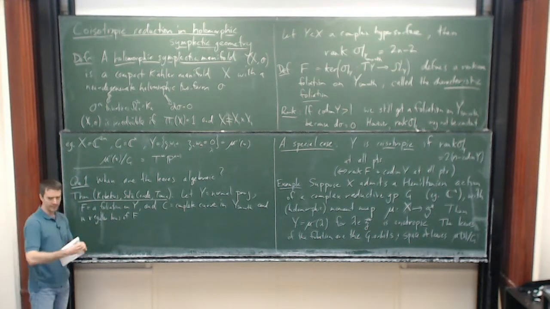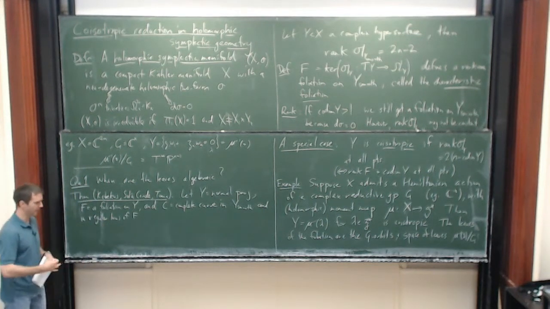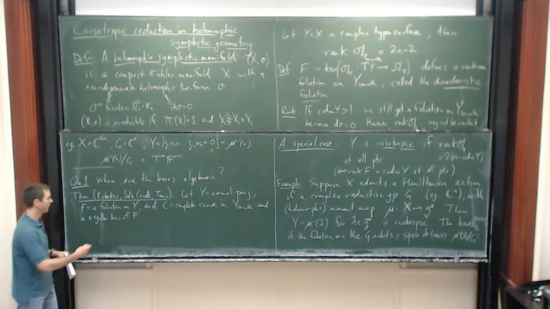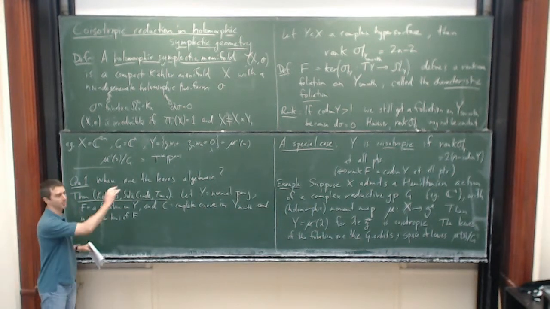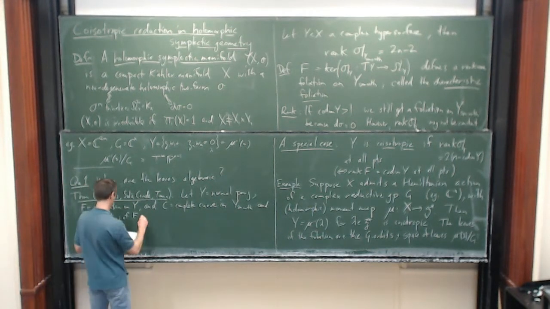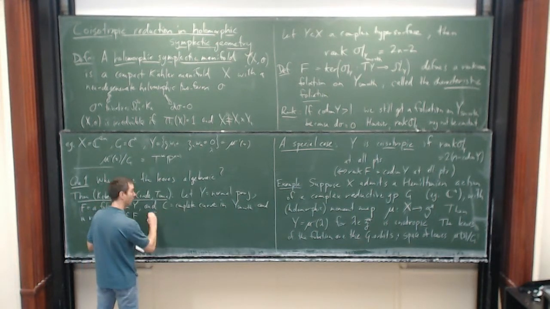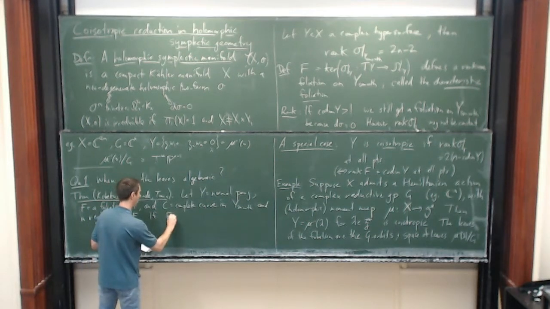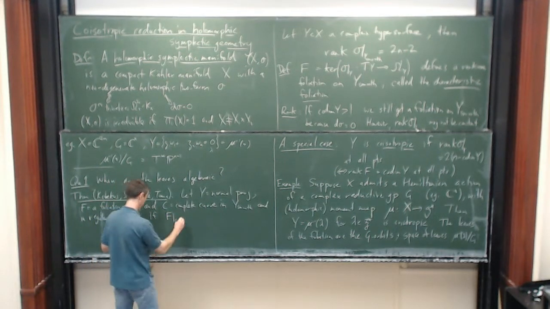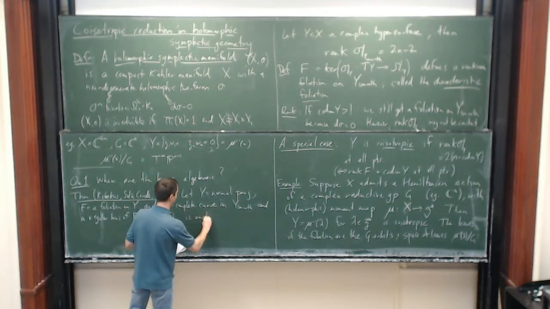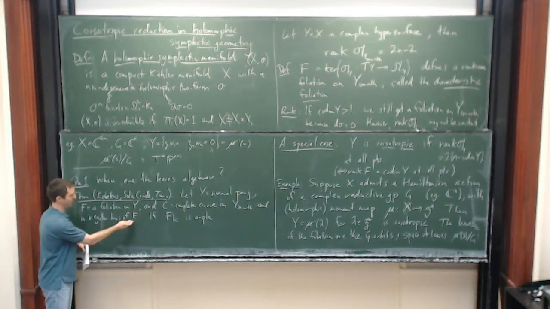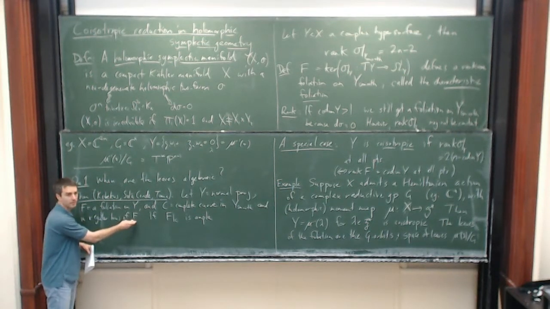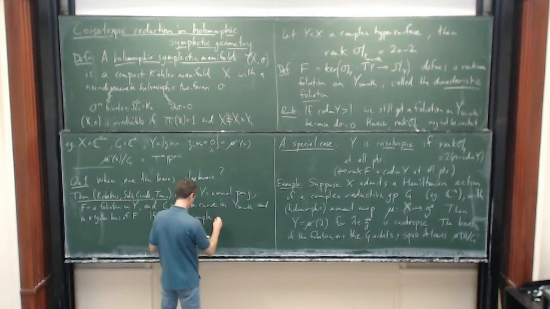So as I said earlier, you have this stratification. The regular locus is the largest Zariski open subset where you have constant rank. No, this is just a general statement, I'm not assuming we're in this earlier situation. Right, so then what you need is that we've got the curve, and if the foliation restricted to C is ample, so if this is an ample vector bundle. If C is in the regular locus of F, then this is a vector bundle on C. So if this is an ample vector bundle, then